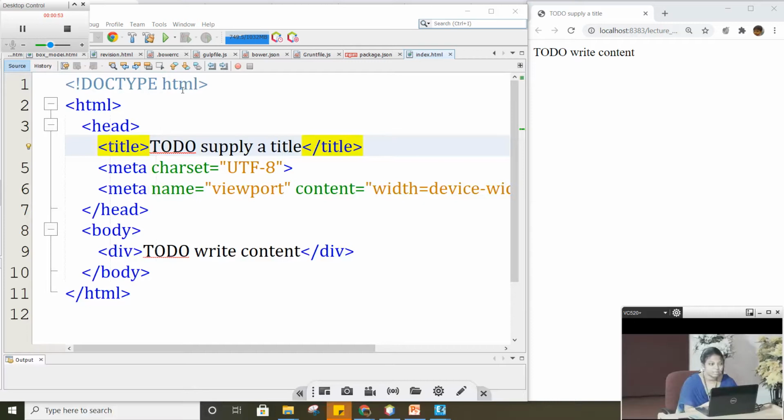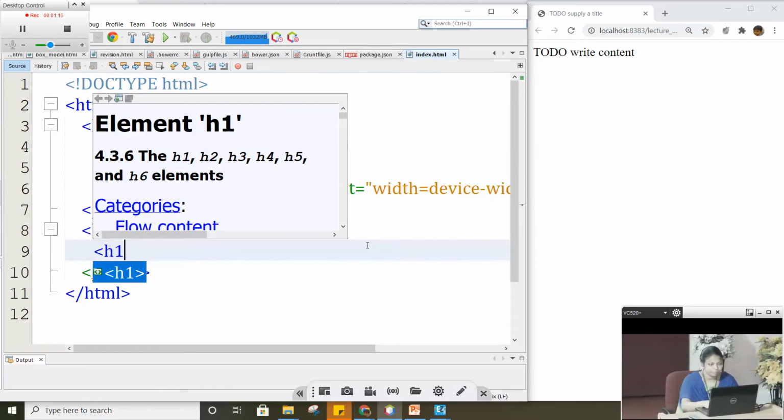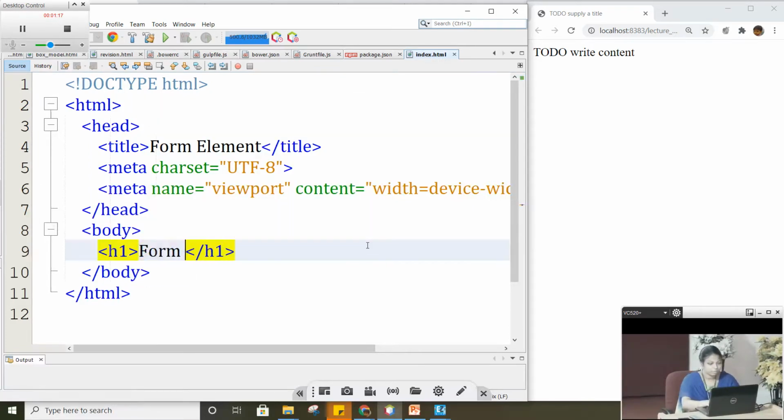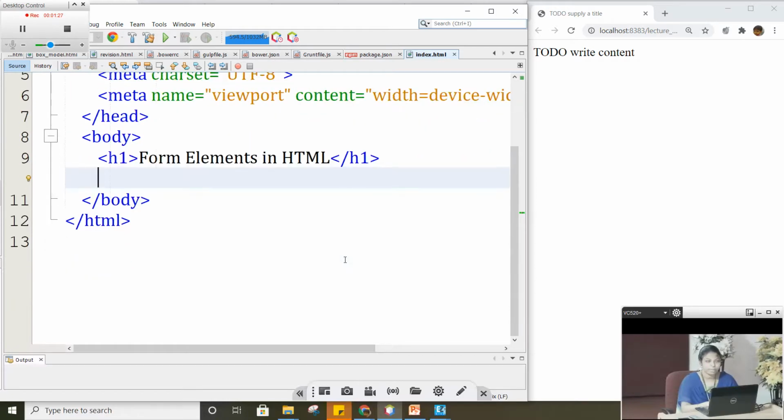This is a fresh HTML file which I have opened, and here I'm going to give the title for this form as form element, and then under the body let us give an h1 tag with the heading form elements in HTML.